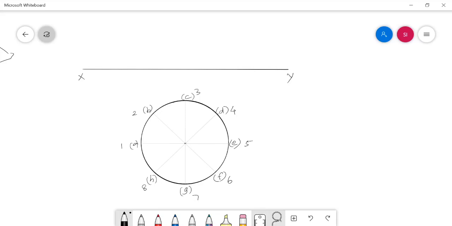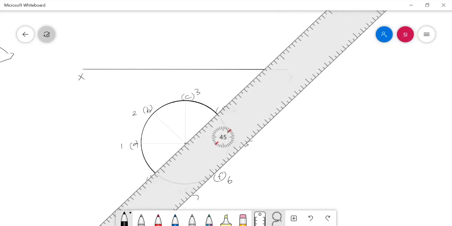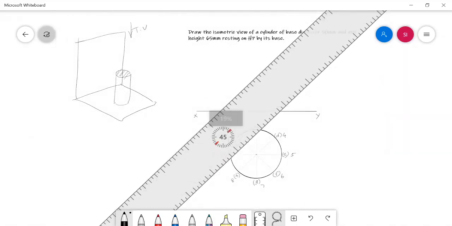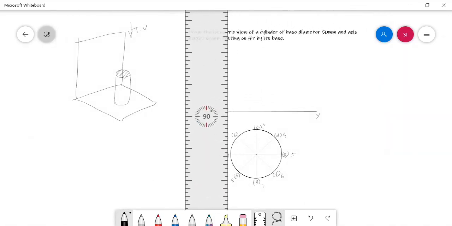Now let me project every point towards the front view area to draw the lateral view of the solid.